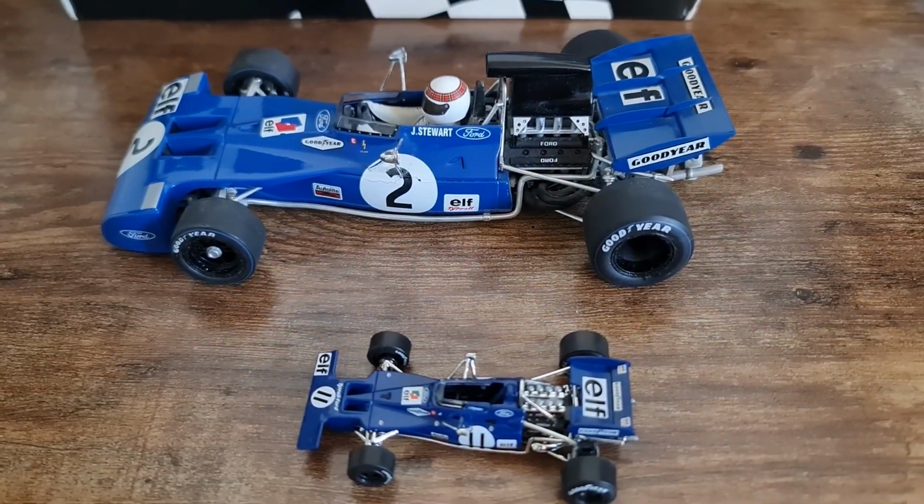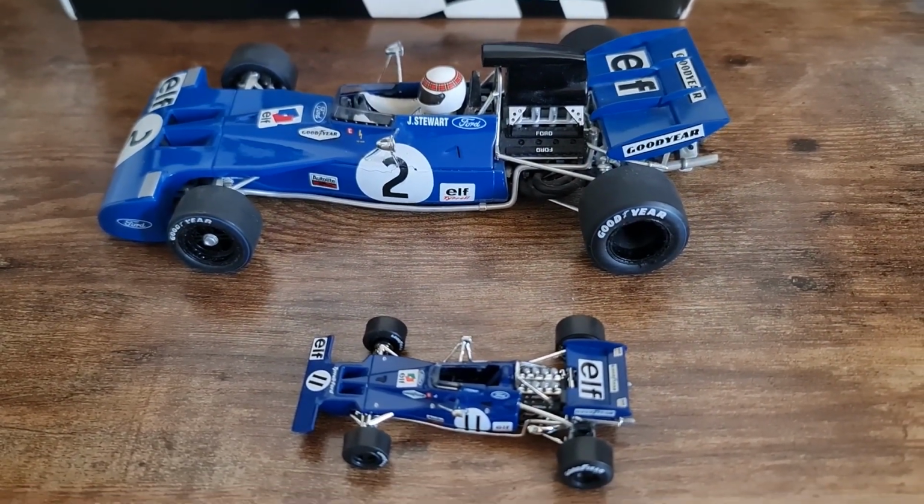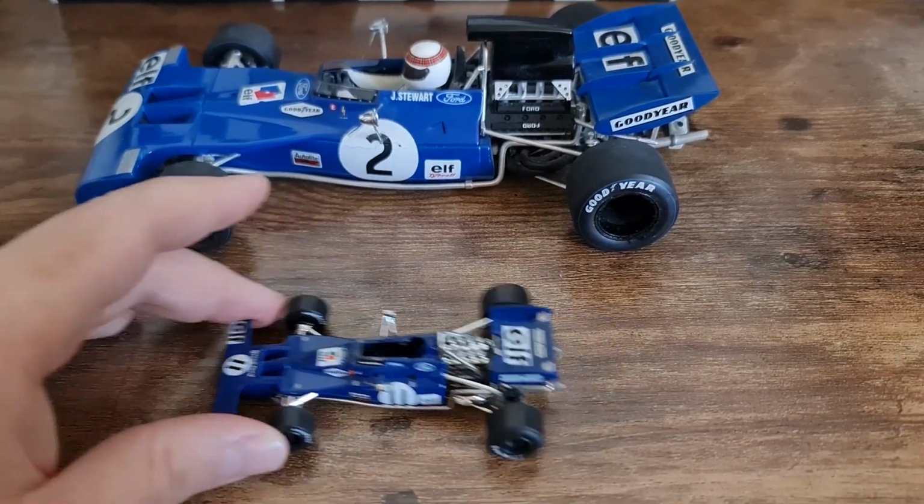This is the Tyrrell 001. And yeah, let me know in the comment section if you have this one, if you plan to buy it,